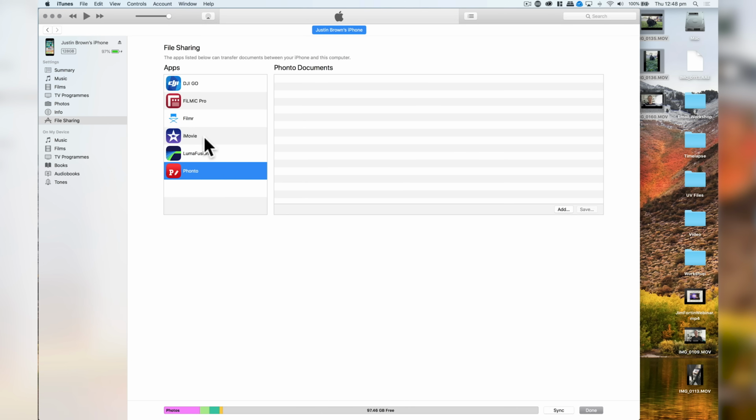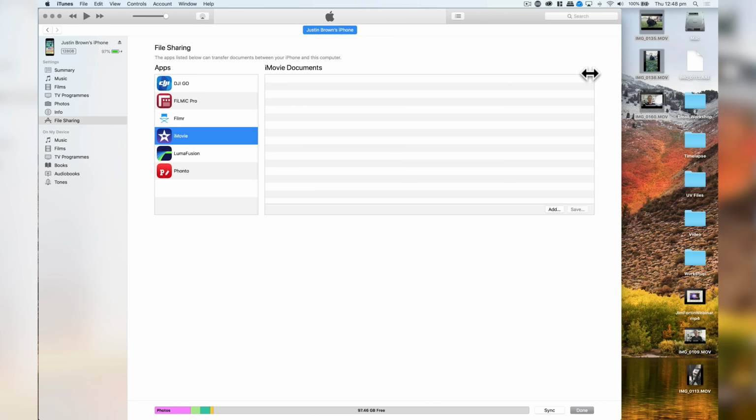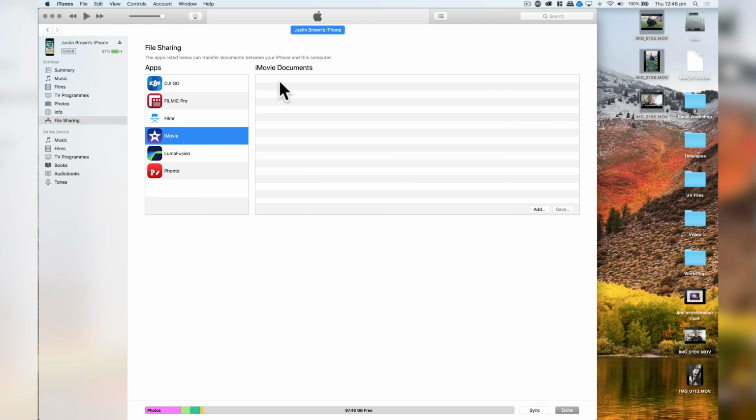So if we want to edit these video files down in iMovie, or maybe drag some audio files in, music to use in our edits, then all we need to do is select iMovie and either click and drag our files from wherever they are onto that window there, and they'll be imported. Or we can hit the add button down the bottom here and add them in that way. So if we let these go here, and you'll see up the top, it's copying those files over to our